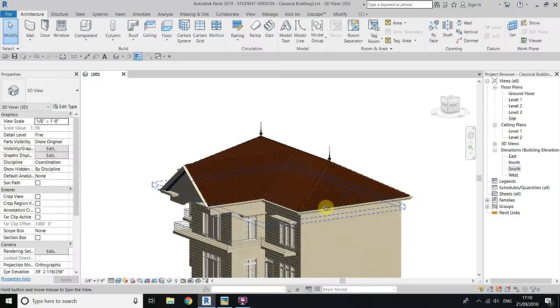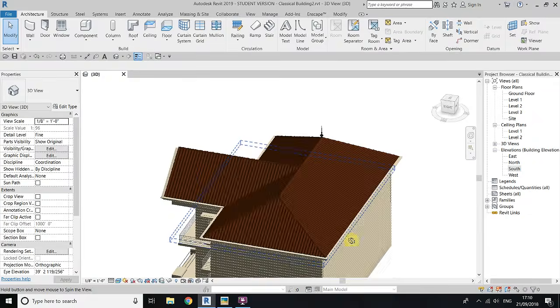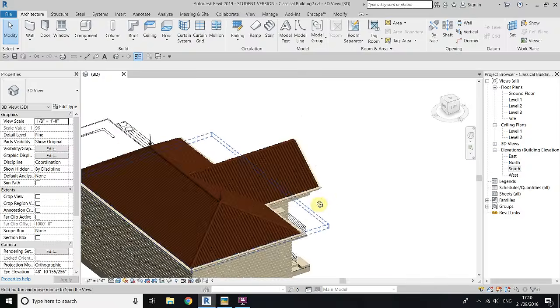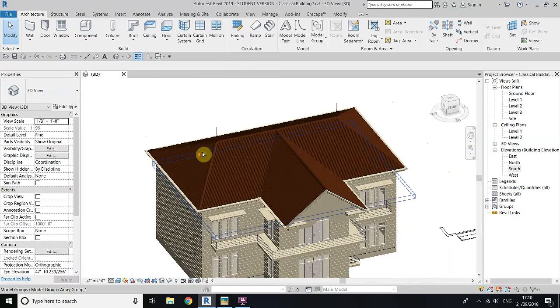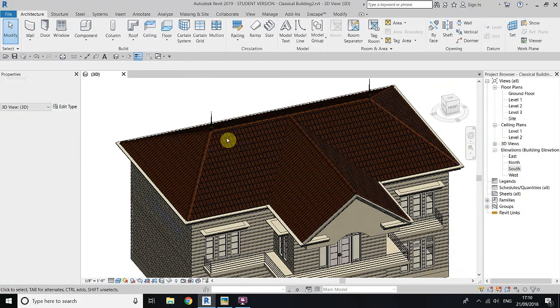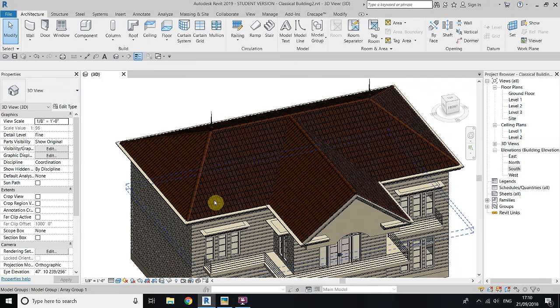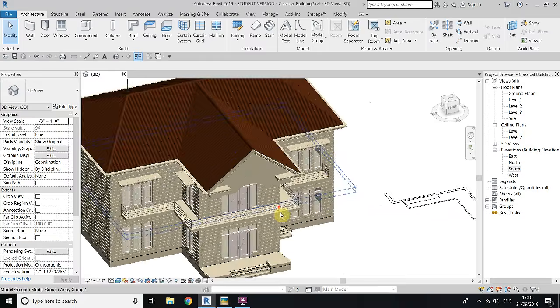So this is part 4, or might be the final part, on modeling a classic house in Revit. You can see I have already modeled these roof tiles here. If you don't know how to do this, you can just watch my tutorial. I will put the link in the description. Anyway,